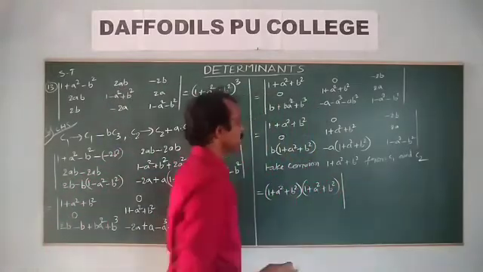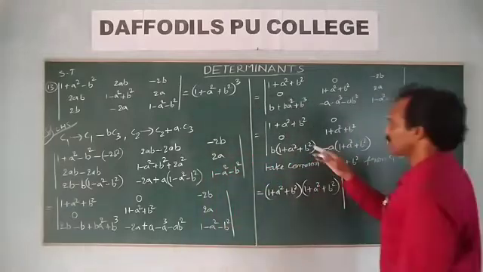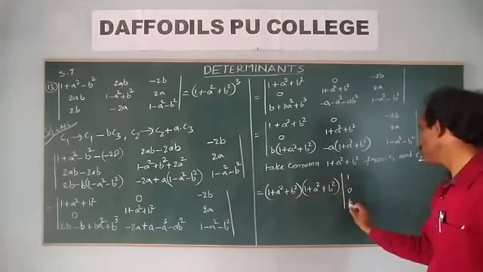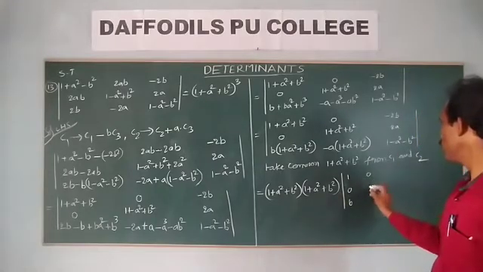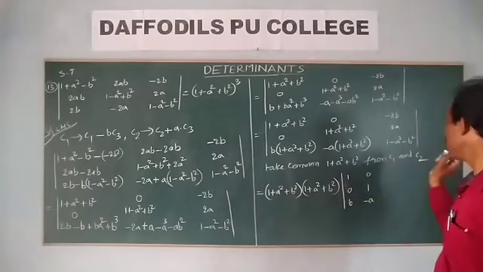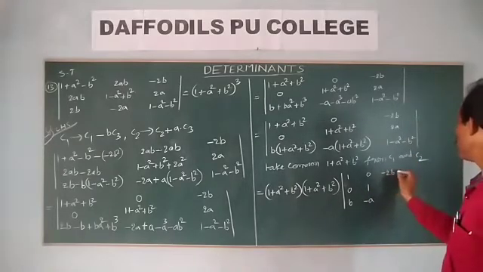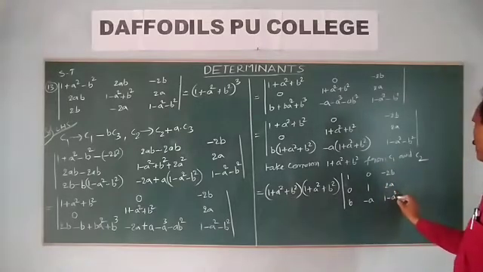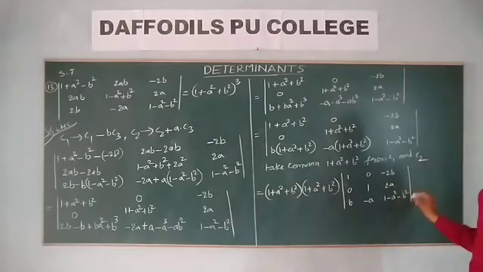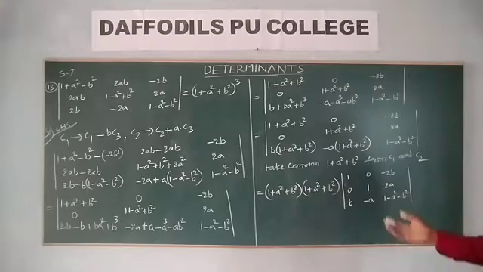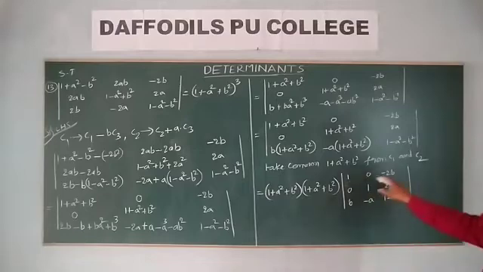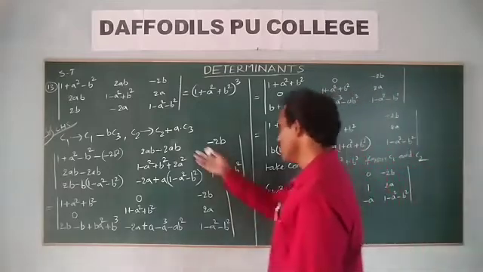After taking common, what are the remaining elements in the determinant? Here is 1, 0, B. Next one, here is 0, 1, minus A. Here the remaining elements are minus 2B, 2A, 1 minus A square minus B square. So this is the remaining determinant. Okay, the choice is yours: expand the determinant either along the first row or first column.